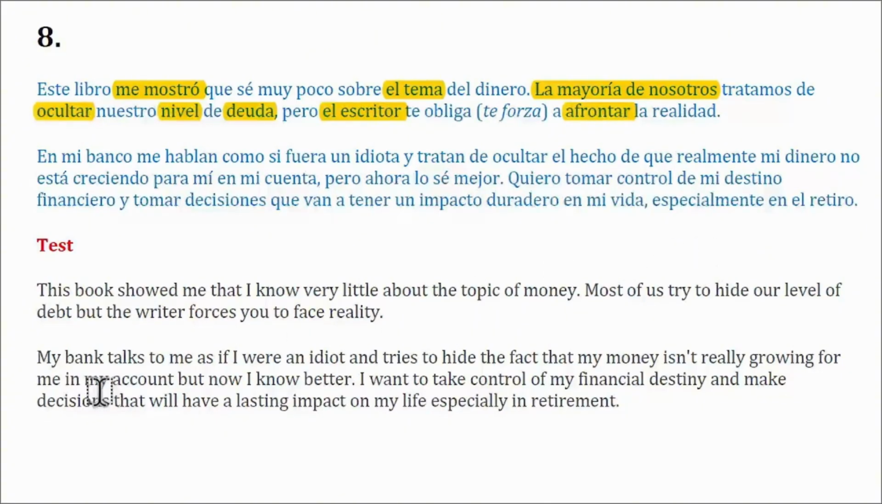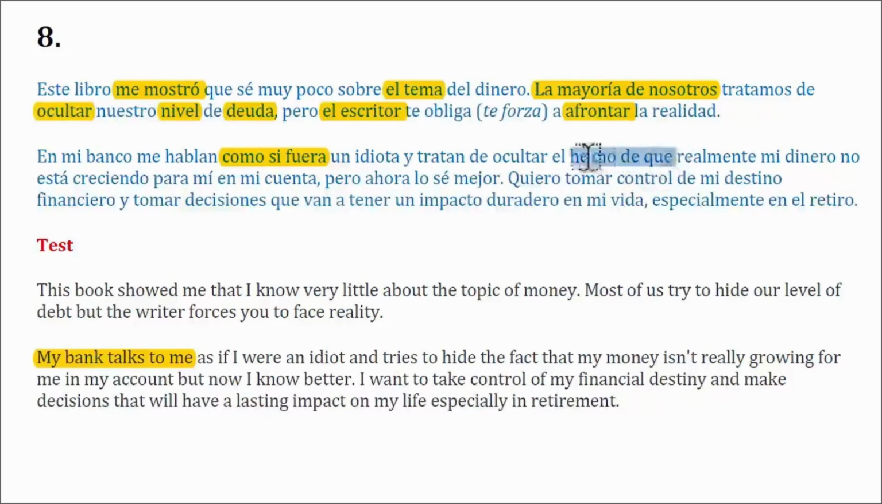In the next paragraph, the English says, my bank talks to me. And this would sound a bit silly in Spanish. They wouldn't understand, well, how can a building talk to you? So instead, they would put it as, en mi banco me hablan como si fuera un idiota. So in my bank, they speak to me or they talk to me as if I were, como si fuera un idiota. Y tratan de ocultar, here we have our verb again, they try to hide